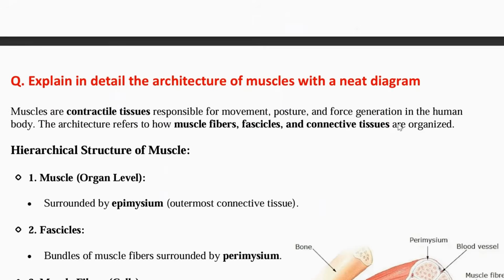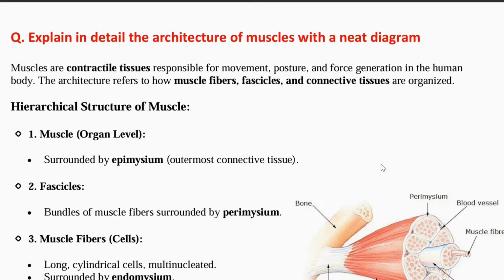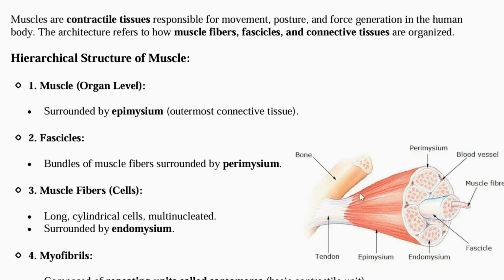First question, explain in detail the architecture of the muscle with a neat diagram. Muscles are the contractile tissue that is responsible for movement, posture, and force generation in the human body. The architecture refers to how the muscle fibers, fascicles, and connective tissue are organized. This is the muscle